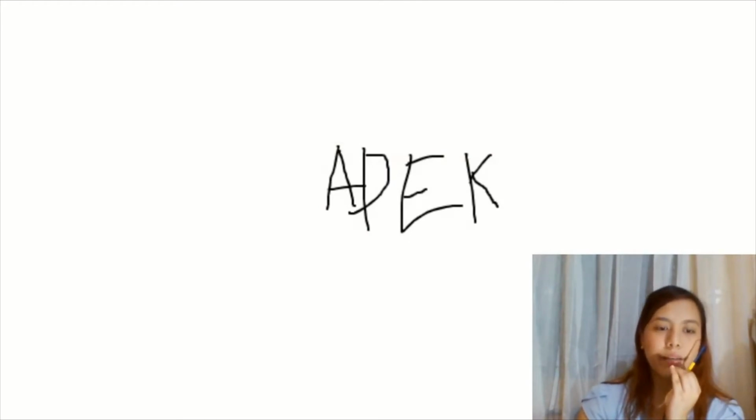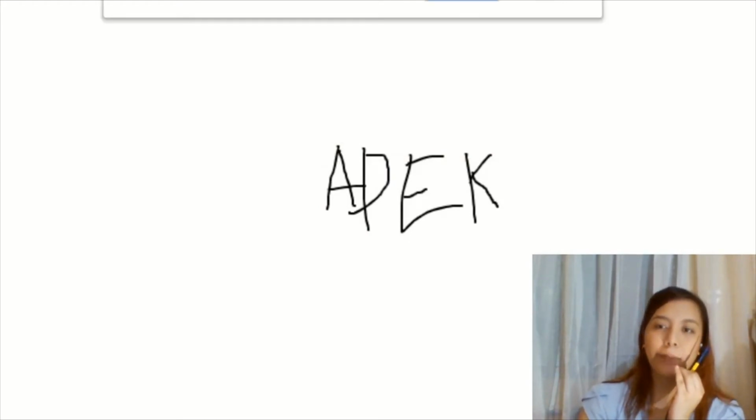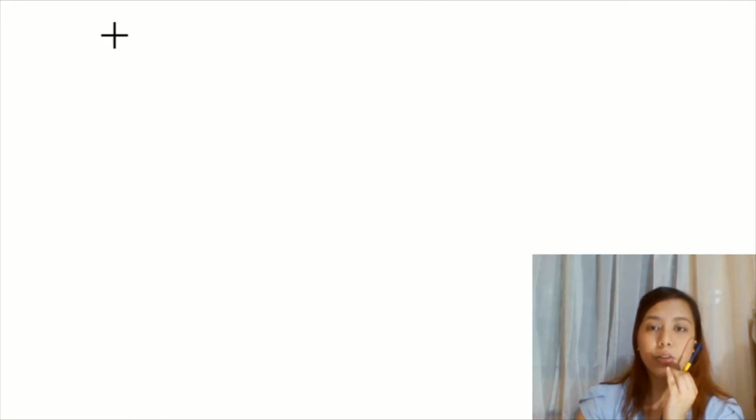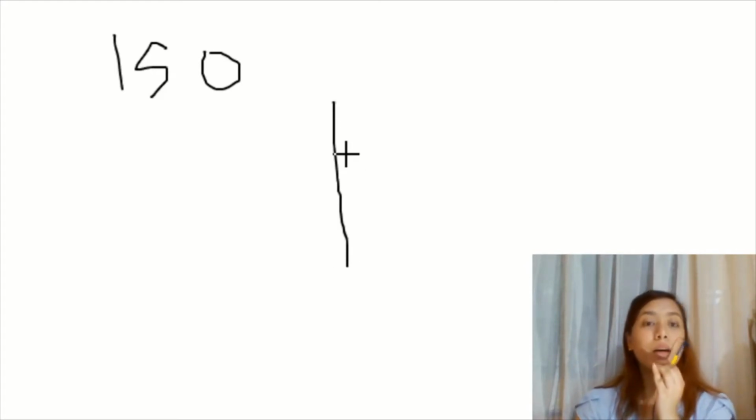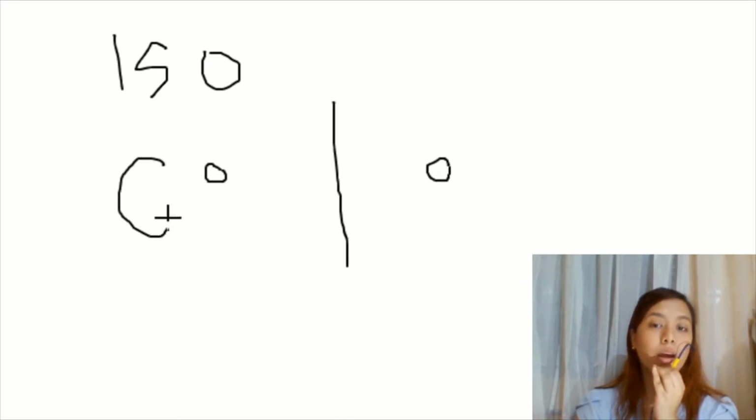Let me erase everything. Okay. So, in your isotonic solution, iso. Usually, ang kakatabo di is that, equal ang imo nga osmotic pressure. It means that you have equal concentration of salt and water